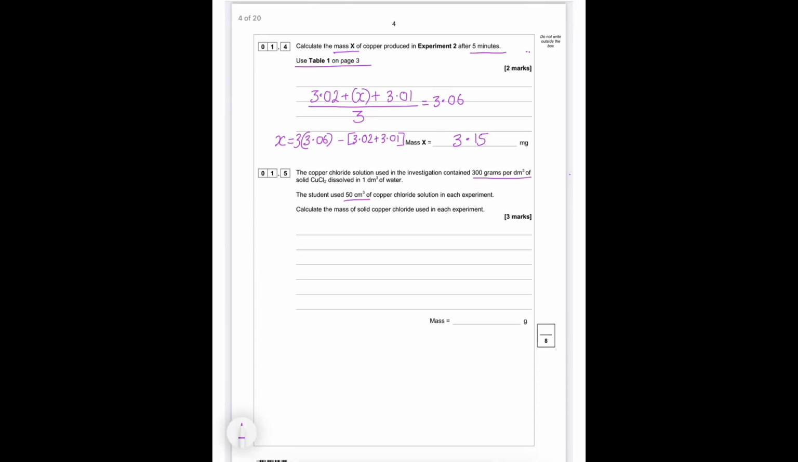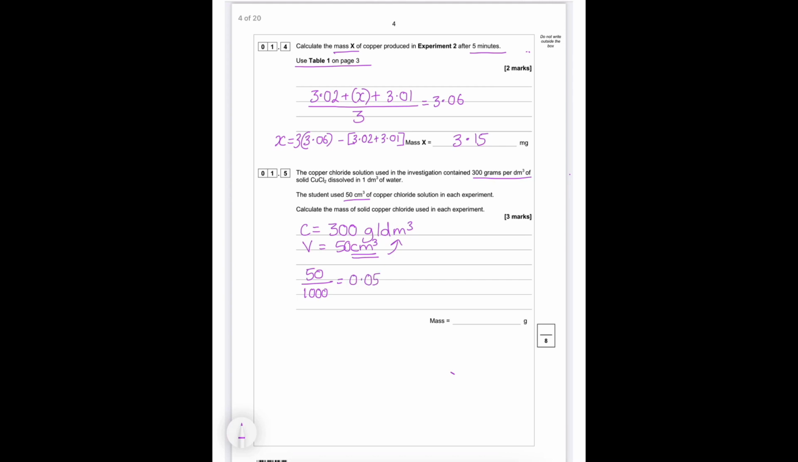In this next part of the question, the copper chloride solution used in the investigation contained 300 grams per decimeters cubed. So we have a concentration there of 300 grams per decimeters cubed. The student used 50 centimeters cubed of the copper chloride solution in the experiment. So the volume is 50 centimeters cubed. Now we need to change that centimeters cubed into decimeters cubed. So to do that, we would do 50 divided by 1000, and that would give us